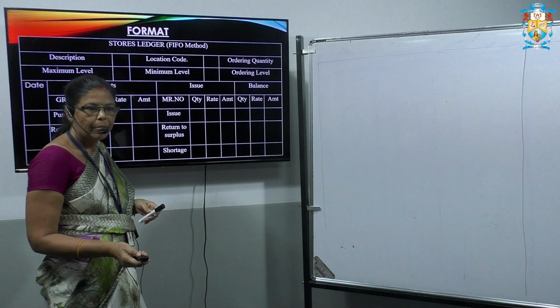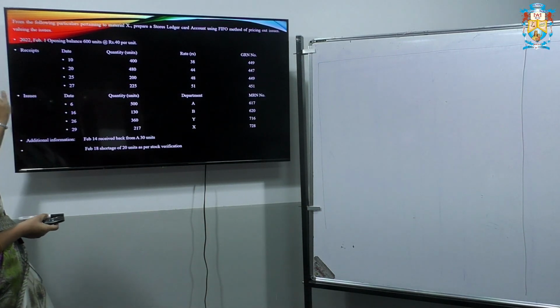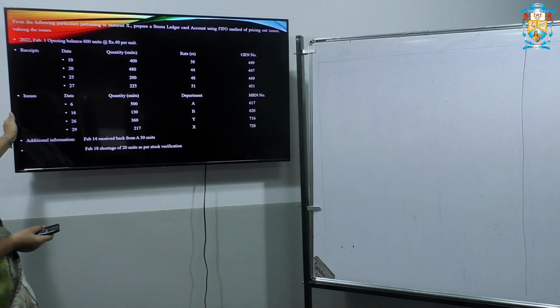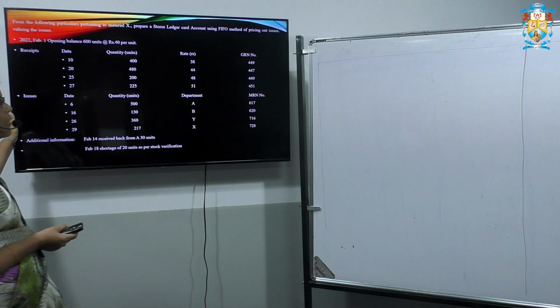So this is a simple problem regarding the preparation of the stores ledger account. I took one material X, showing how the FIFO method should be applied according to the pricing of